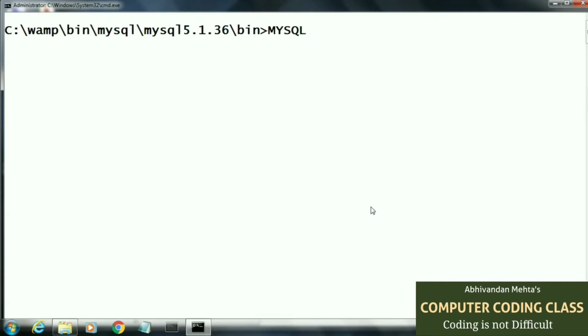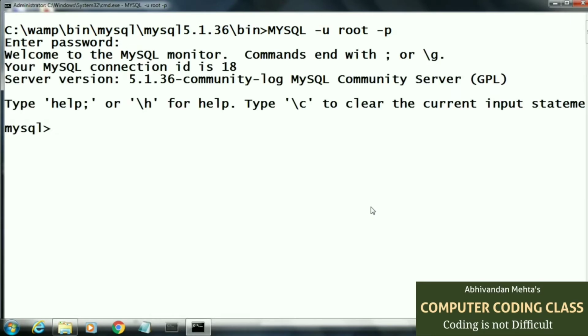So we will write our MySQL command: mysql space -u for username, that is root, space -p for password, then enter. Now it will ask for our password, but by default there is no password for root. So now we are in MySQL console mode.